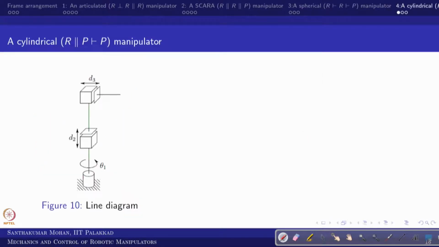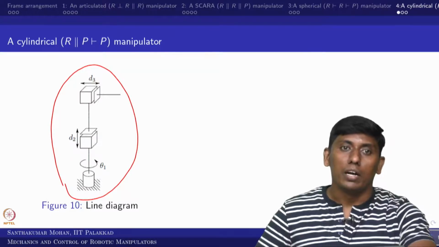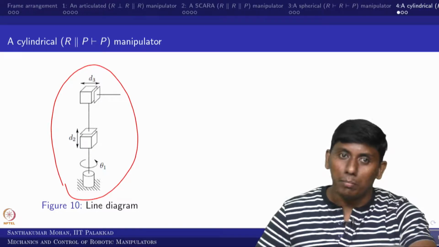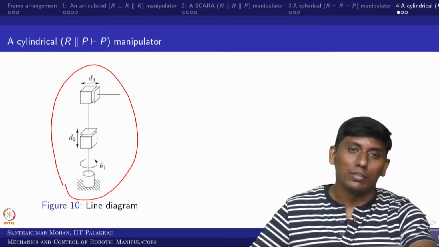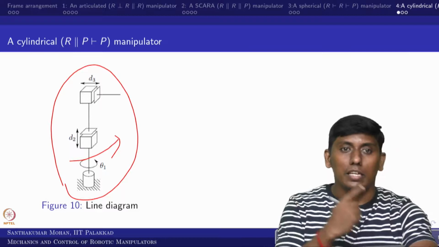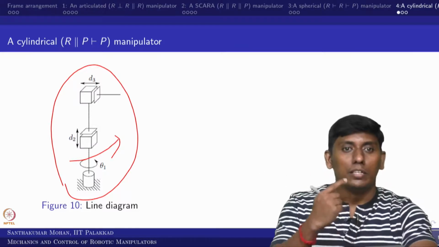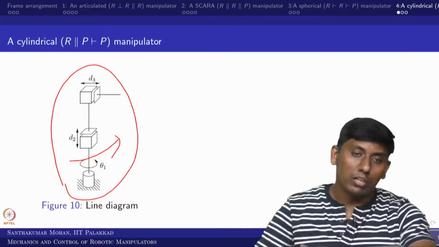So now we will move to one more example, which is where we have two prismatic joints, which we call cylindrical, which is one of the easiest ones which you would have realized, because most of you would have definitely gone through workshop practice, where you would have seen the cylindrical drilling machine. So the cylindrical drilling machine is in this configuration, where first you can rotate the arm, then you can move up and down, and then you can translate to and fro. So that is the whole idea here.